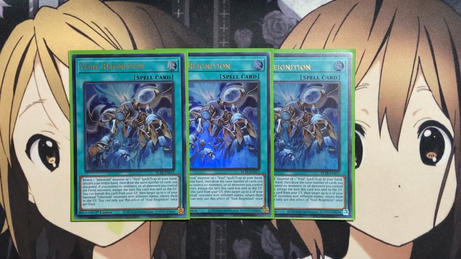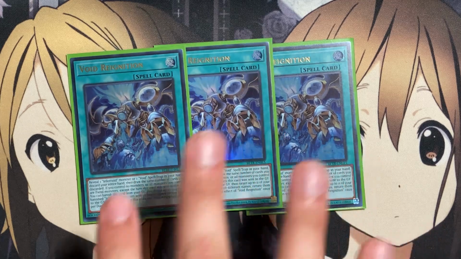You reveal 1 Infernoid monster or 1 Void spell trap from your hand, discard your entire hand, then draw the same number of cards you discarded. If you control no monsters or all monsters you control are fiend monsters, except this card that was sent, the turn this card was sent to the graveyard, you can banish this card from your graveyard, then target up to 11 of your banished Infernoid monsters with different names, and return them to the graveyard. You can only use this effect of Void Reignition once per duel,